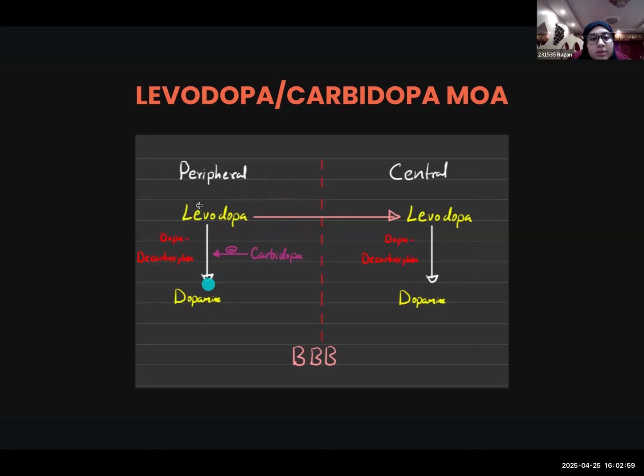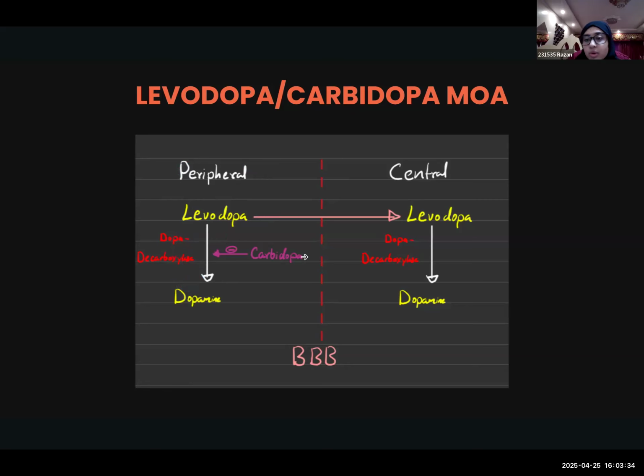So we don't give levodopa alone. We give carbidopa alongside it because we also have dopa decarboxylase peripherally, not only centrally in the central nervous system. Carbidopa is going to inhibit dopa decarboxylase, allowing the conversion of L-dopa in the central nervous system instead of the peripheral nervous system. Also, if levodopa is converted peripherally, it would lead to several side effects, such as nausea, vomiting,